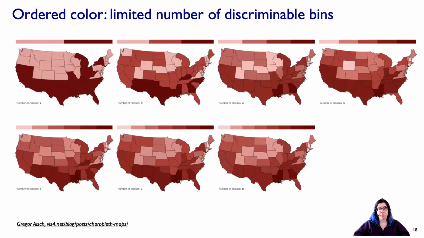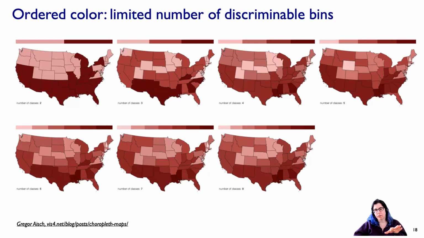Now, there's a similar issue with ordered color. How many bins can we tell apart when it's ordered? Again, if you just look at the legend, it's a little misleading. We saw this before when we were looking at choropleth maps, when we were thinking about spatial data. So don't focus on the legend up here, focus on the map itself. It's really easy to tell apart two classes, light pink versus dark maroon. 3 is not a problem. We can get light and medium and dark. Even with 4, there's light,